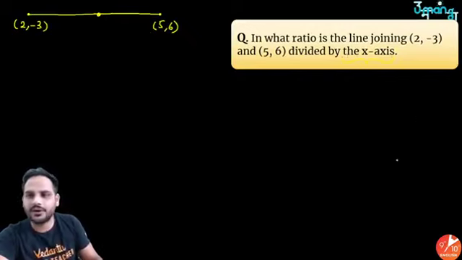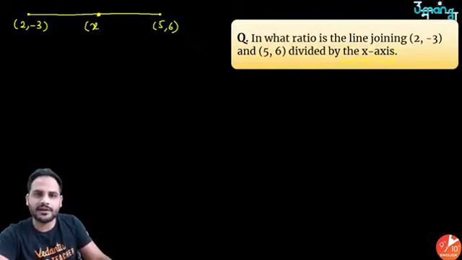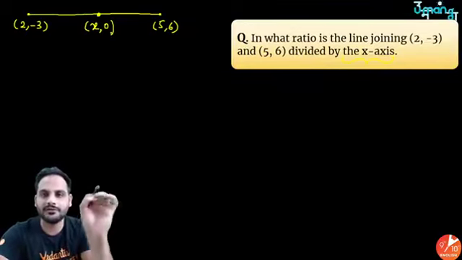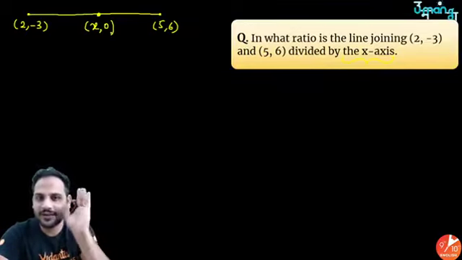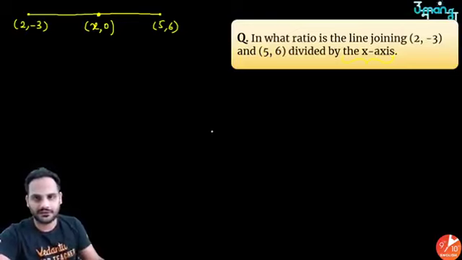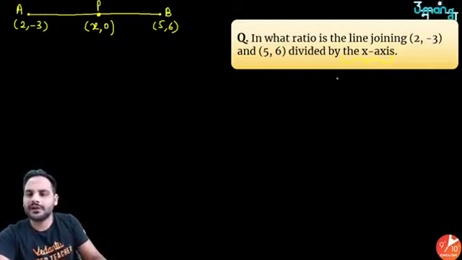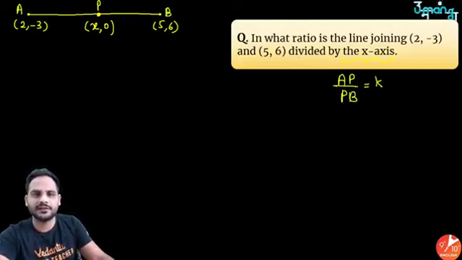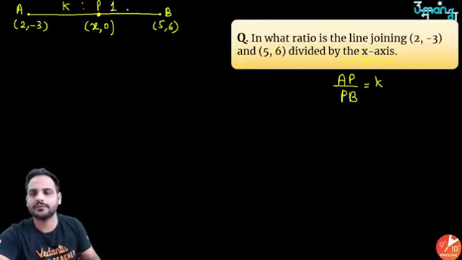Beta, if there is a point on x-axis, definitely x coordinate, I don't know what is the x coordinate, but I know for sure that y coordinate is 0 on all the points which are present on x-axis. Correct? So I got to know that y coordinate of this point is 0. Ab dekho, whenever you have to find out the ratio, if you take it as m is to n, it is going to be something like two variables, right? So better, suppose AB and this is P. So let us say AP upon PB. Take the ratio, whenever you have to find out the ratio, take the ratio as K. That means this ratio will be K is to 1. K means what?